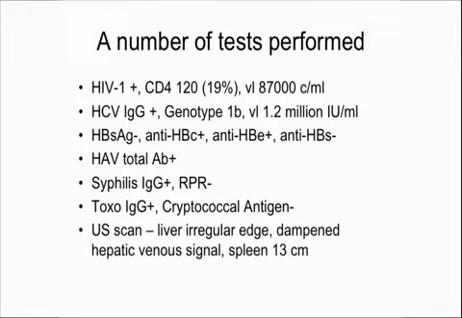anti-core positive, anti-E positive, but anti-S negative, hepatitis A total antibody positive, syphilis clearly IgG positive, toxoplasma IgG positive, cryptococcal antigen negative, and he even went on to have an ultrasound scan which showed a liver with an irregular edge, dampened hepatic venous signal, and a spleen of 13 centimeters. Okay, so these are all the baseline tests that this guy had, and then a knee-jerk referral